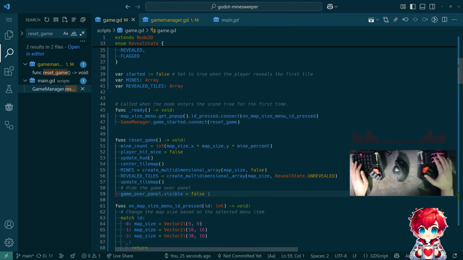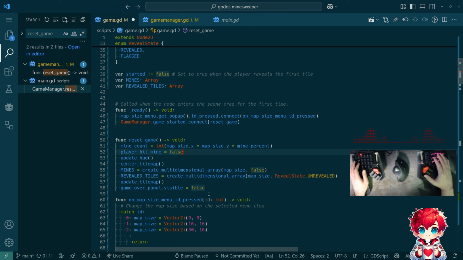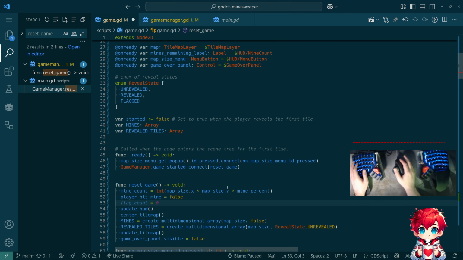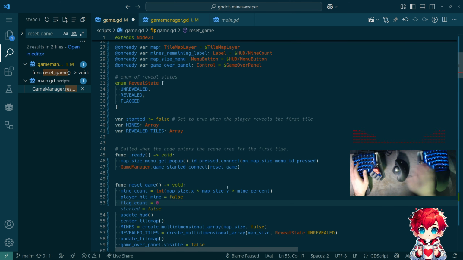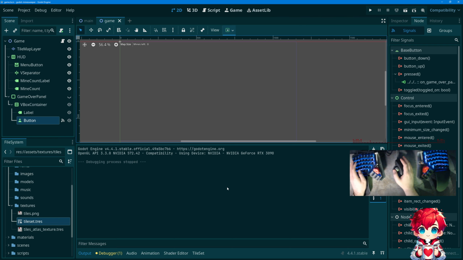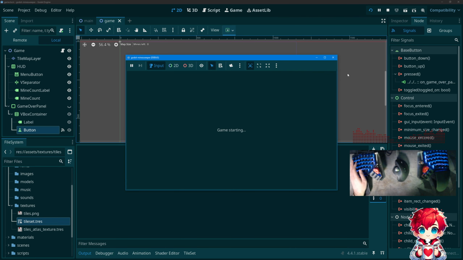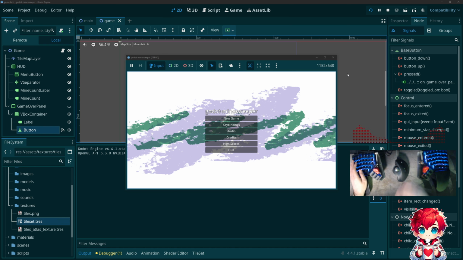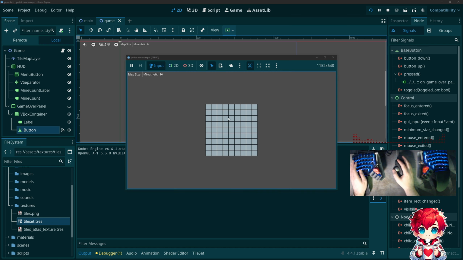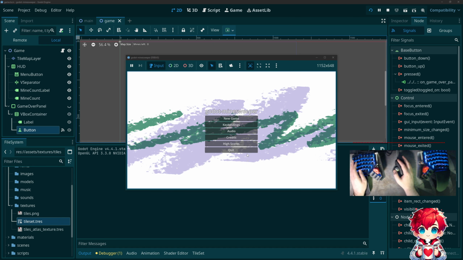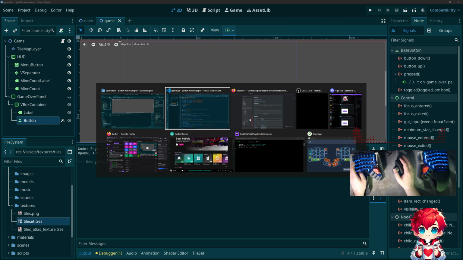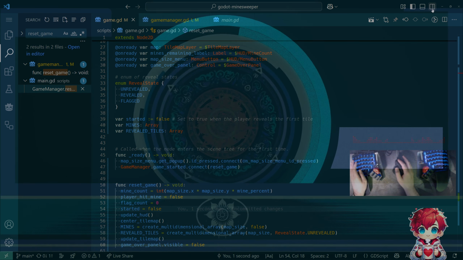Right? So, we also need to set flag count back to 0. Started to false. There we go. So those were things that we were counting on their initial values being set, so we weren't setting them inside of ready. So now that we have the idea of restarting the game, brilliant. Okay, cool. So that's a Minesweeper. So what I'm gonna do, we are going to